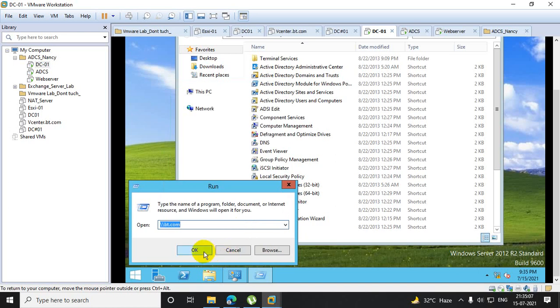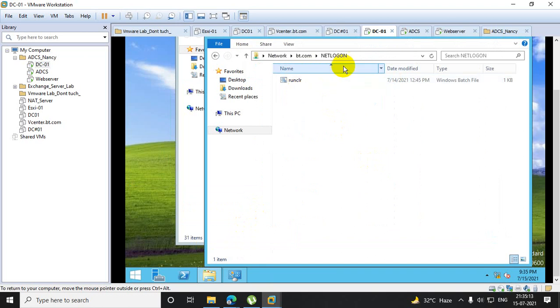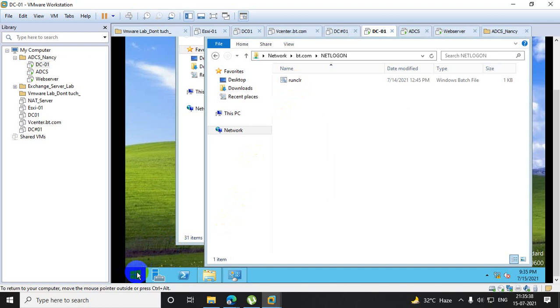I have created one share on the netlogon folder, and that was a command. I keep that command in the shared drive. Got my point? And I have created the GPO. The GPO was a logon/logoff script. I have attached it to the domain so that whenever any users log in or log off, the policy will be applied. Whenever you run this command, it will delete that file from cache. That I did. Now how do I apply this policy?